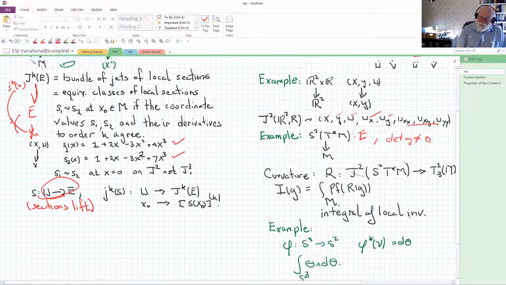So in this business, I'm not so much interested in studying a given metric on a manifold. I want to study the bundle of all metrics over a manifold. In this case, we can generalize our integral that we talked about before, the Gaussian curvature. We can think of the Pfaffian